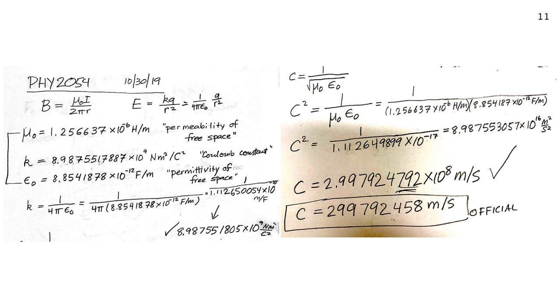Now, square root that answer. Here's where the money comes out. On this one, I get the square root of that stuff, 2.99792 4792 times 10 to the 8